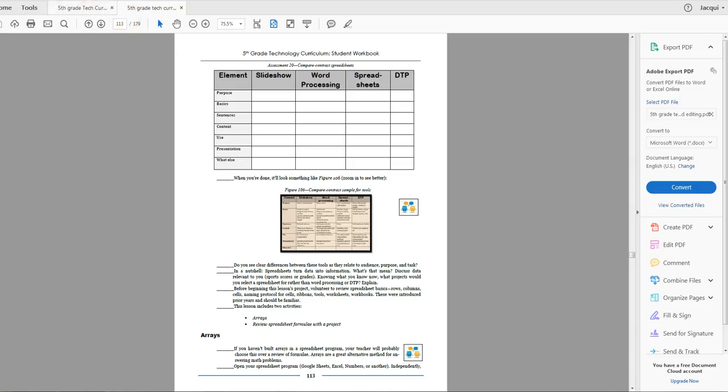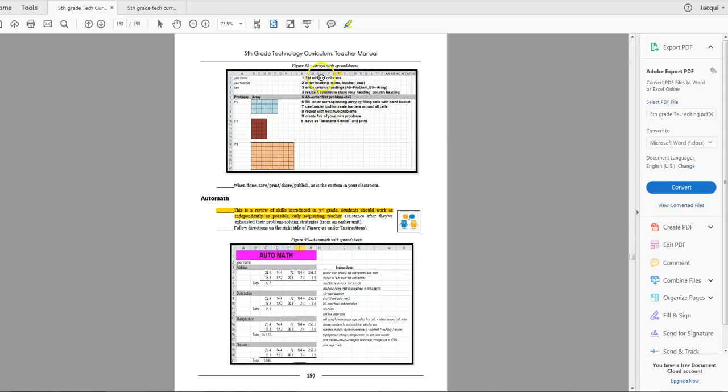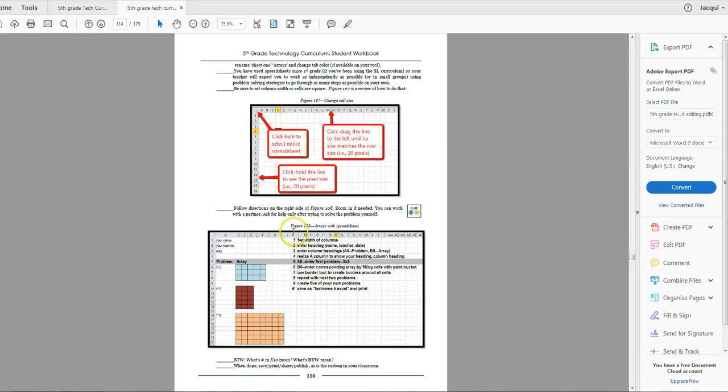Okay. Student workbook, let's go back here. So you can do arrays. If you're studying arrays, very good one to do. Here's questions, a to-do list for them, and they have it right here. A nice part is turning the cells into squares, and this is how you do it. So show them how to do that. They'll think that's really cool. Now you're going to have squares for your arrays, and then have them go through this. It's right in their student workbook, and build their arrays.